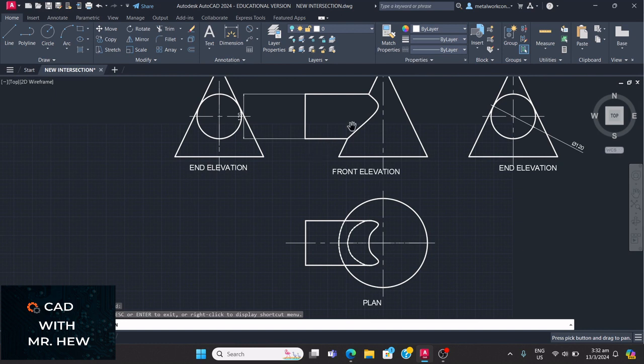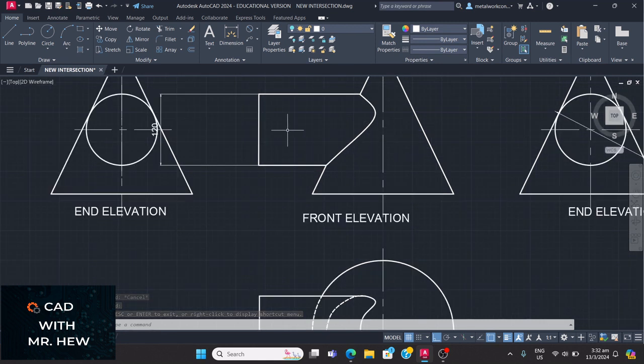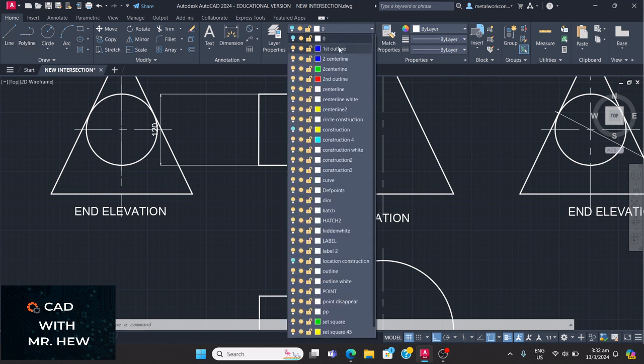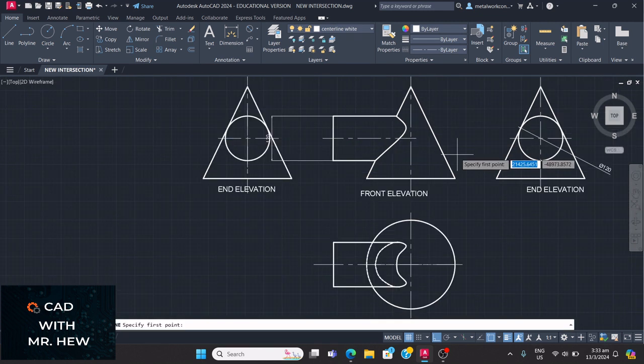So there are center. You need the center line in the cylinder here. So let's put it in. So we're gonna draw a line. So we're gonna go in center line layer. I'm gonna go line right from there. Make sure Ortho is on. And we're gonna go right there. Enter. Then we're gonna lengthen the line, okay? Click here. Right, and